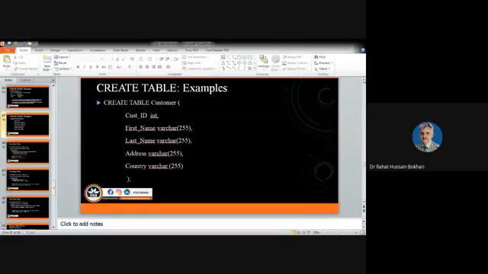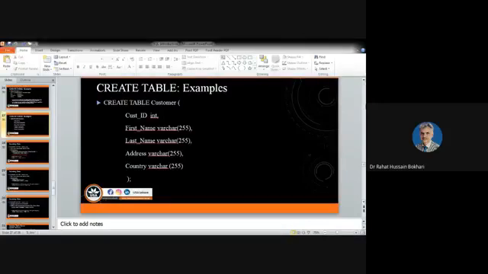Then we have to give the names of your attributes, those are coined by you, and the data types that are available within that product, whichever product you are using, Oracle, SQL or SQL Server, whatever. So you have to use those data types that are supported by that product, and you have to create a table. The next thing is that the table structure has been created. Now you want to add data or insert data to that table.